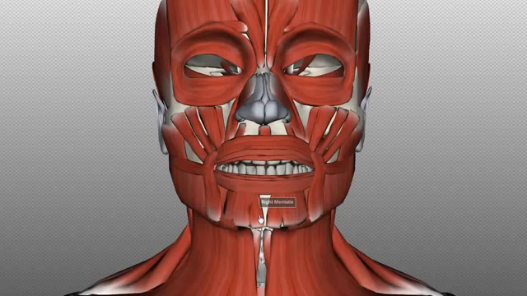What this muscle does is it helps to position the lip. So for instance, when you're drinking from a cup or something like that,